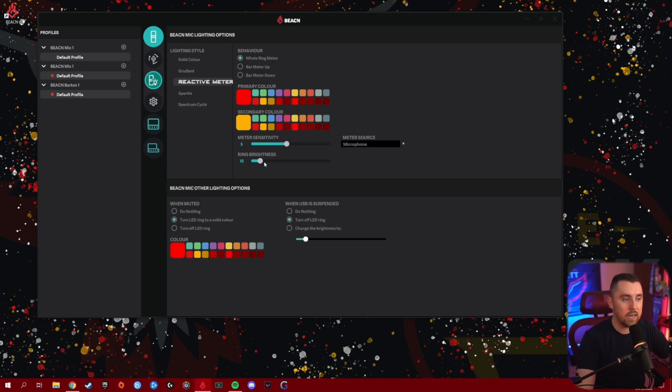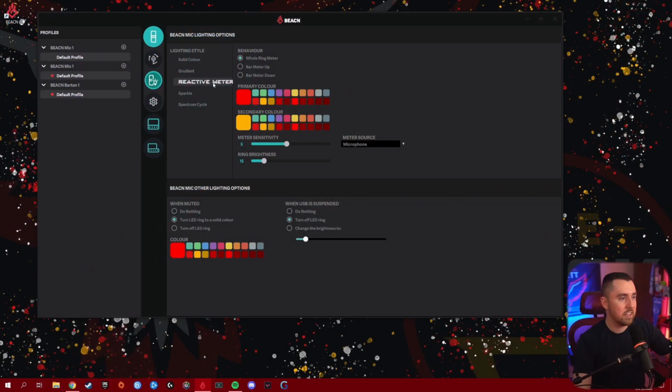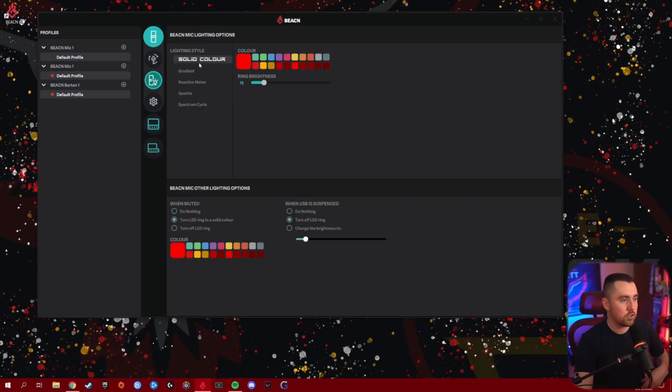You can even bump the brightness up, which I'll tell you, when I bump the brightness up, it gets so bright, it actually almost overloads my camera. So I only keep the brightness to about 10. But anyway, they've got that mode. They've also got a solid color. If you just want to change it to solid color and select how bright and what color you want to use. They have a gradient, and the gradient allows it to basically